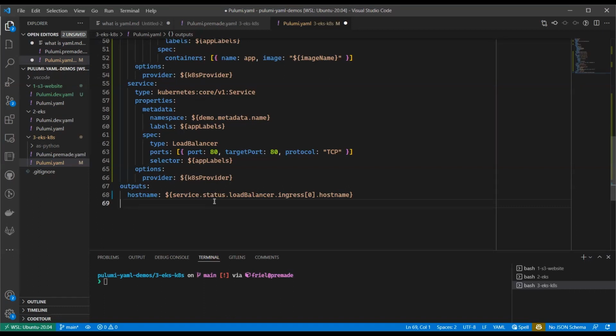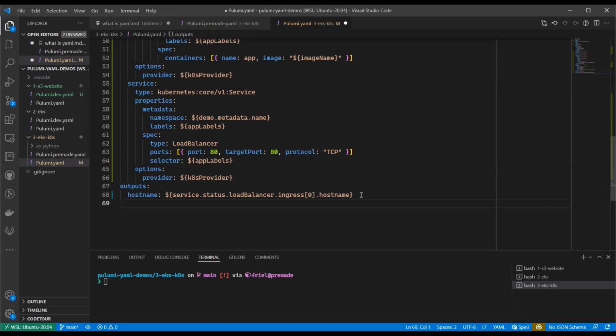And we have an output of a host name that depends upon the status of the load balancer having completed. So we will correctly await for that service to deploy and for an Elastic Load Balancer hostname to be assigned to it in order to be able to provide a useful hostname for the user to use immediately after the stack is deployed.